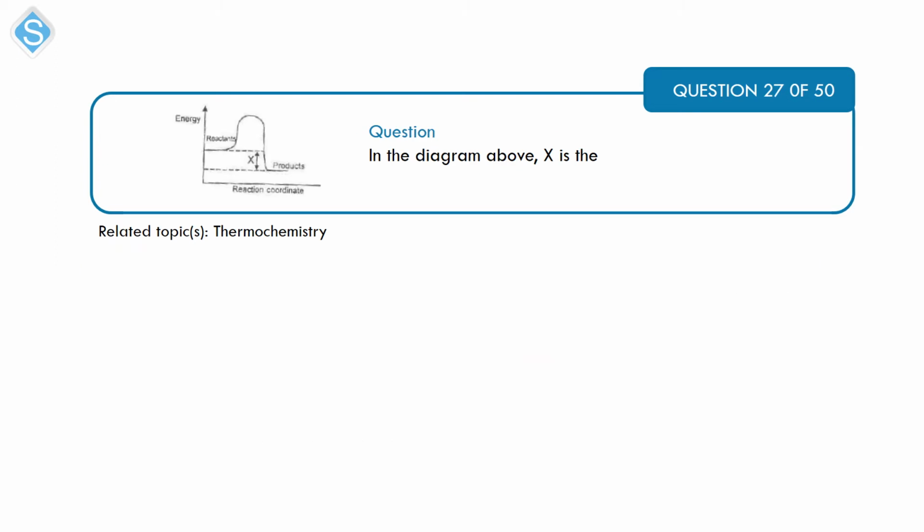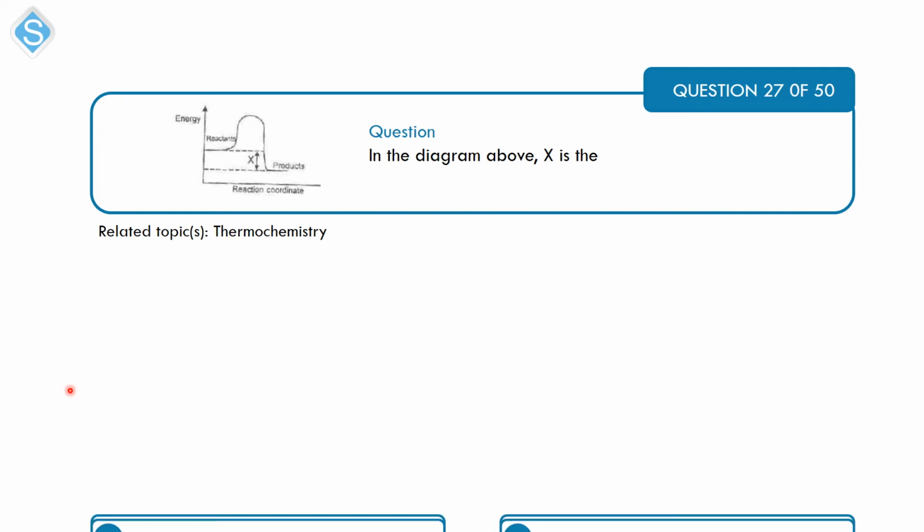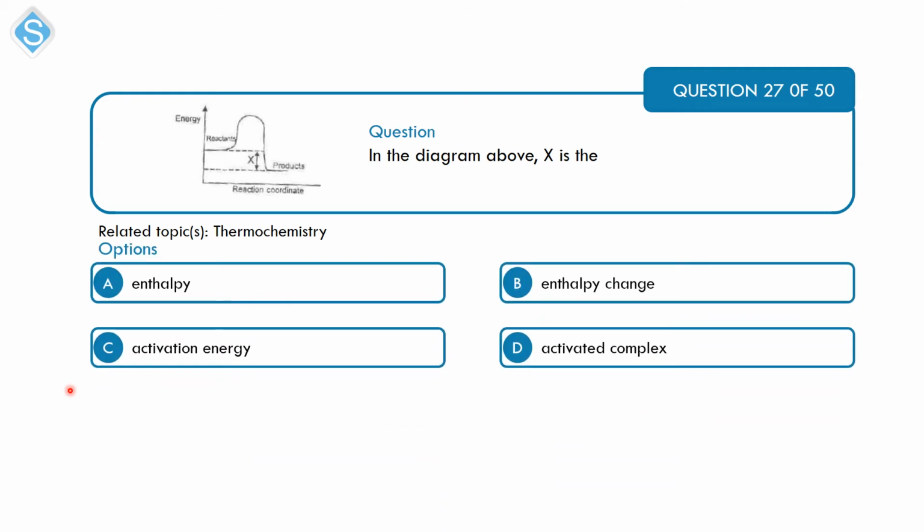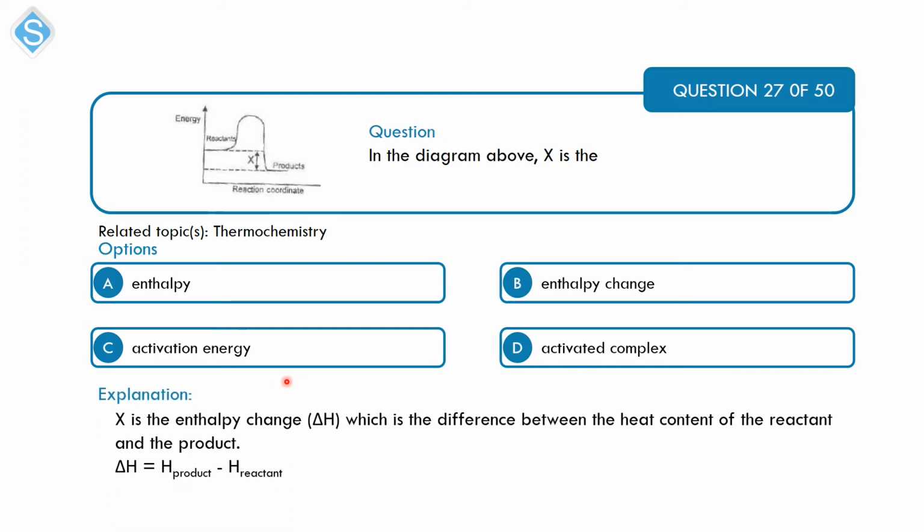Alright, next is a question on thermochemistry. In the diagram above, X is the A, enthalpy, B, enthalpy change, C, activation energy, D, activated complex. Alright, so in this diagram, your X here is your enthalpy change, your delta H, which is the difference between the heat content of the product and that of the reactant. That's the heat of the product minus the heat of the reactant. Here we mean the sum of the heat of the product minus the sum of the heat of the